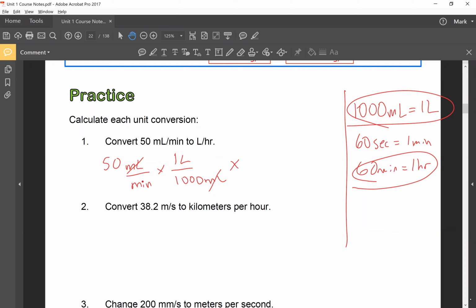Then I'm going to try to get rid of my minutes. So I'm going to multiply this by 60 minutes over 1 hour. Now my minutes will cancel. And if you look at what's left,